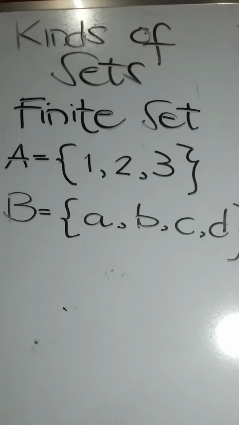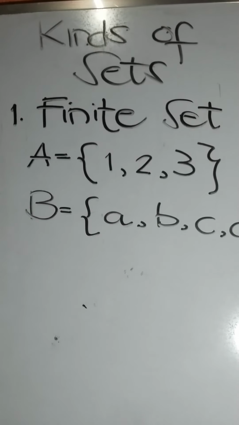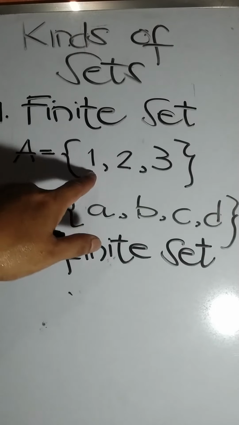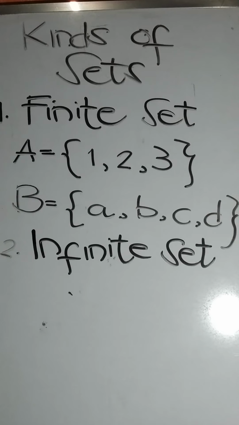Next set natin is the infinite set. So next we have infinite set. Rinig yan ng mga naglalaro, mga gamers. Infinite gaya ng infinite ammo, infinite life. Kabaliktaran siya ng finite set. Kung finite set, mabibilang mo kung ilan ang elements, ang infinite set naman ay hindi mo mabibilang. Example,